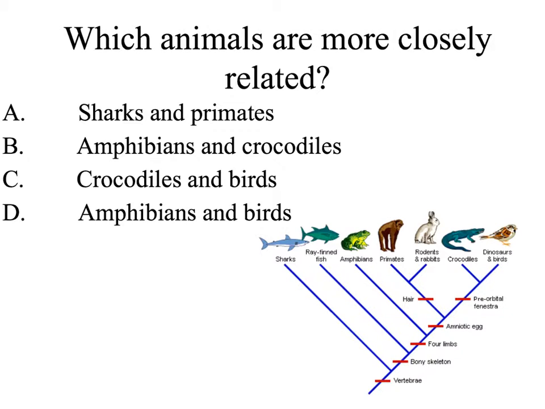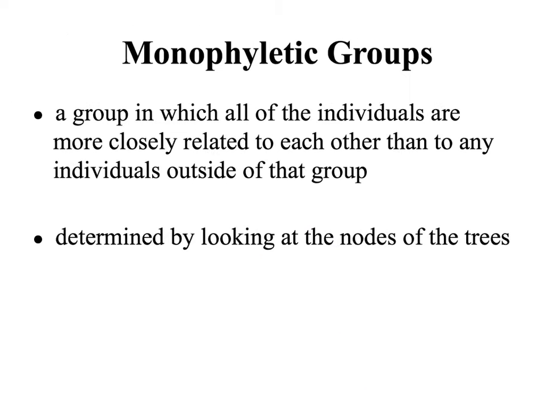The correct answer is crocodiles and birds. These taxa are closely related. They're sister taxa because they have a recent common ancestor and they are located right next to each other on this phylogenetic tree. The overall goal of phylogenetics is to determine evolutionary relationships and place all living organisms into monophyletic